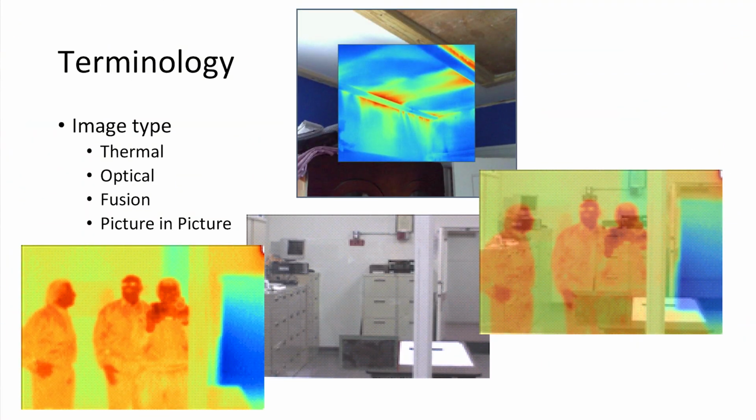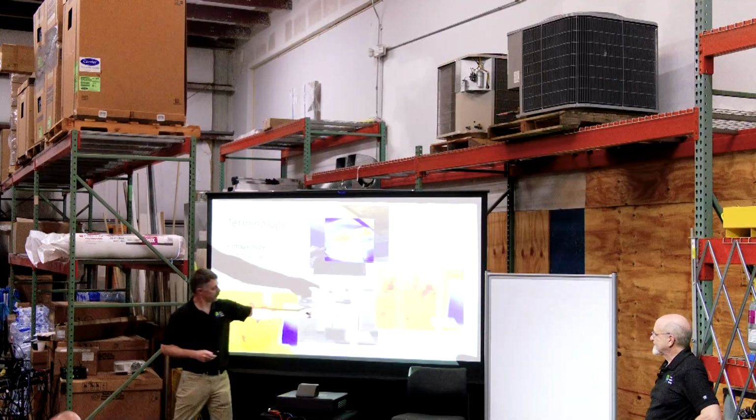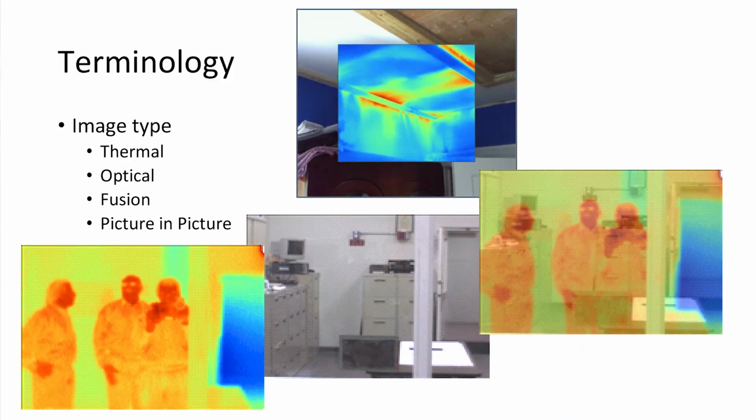This is some examples of the different images. All right. So this is a thermal image. All right. This is a visible image, and that is a fusion image. All of the same space. Now, if you look closely in here, you'll notice there's a column right here, and this is actually a glass